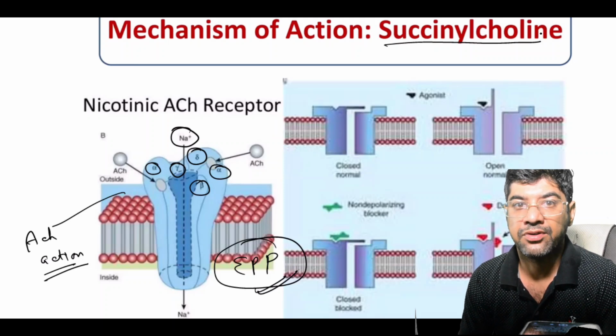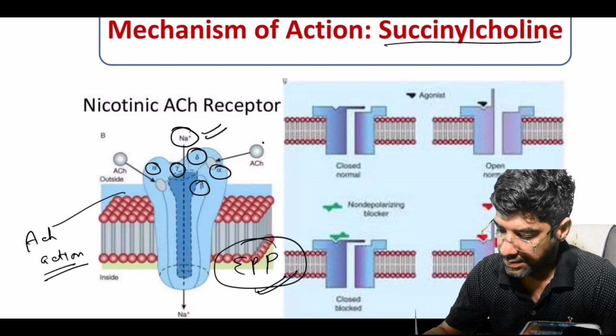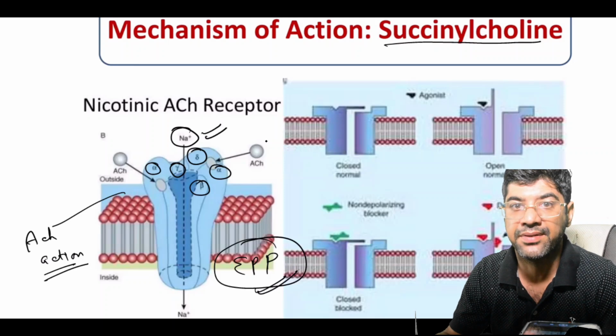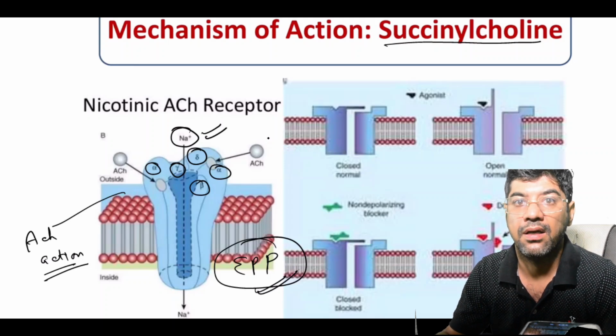So which depolarizing blocker is commonly used in clinical practice? It's succinylcholine. So depolarizing blockers bind to neuromuscular receptors and open the sodium channels, causing depolarization and initial muscle twitch. So these drugs do not dissociate rapidly from the receptors and are not broken down by acetylcholinesterase, leading to a prolonged depolarization state. So that creates a zone of inexcitability around the end plate, preventing further muscle contraction.